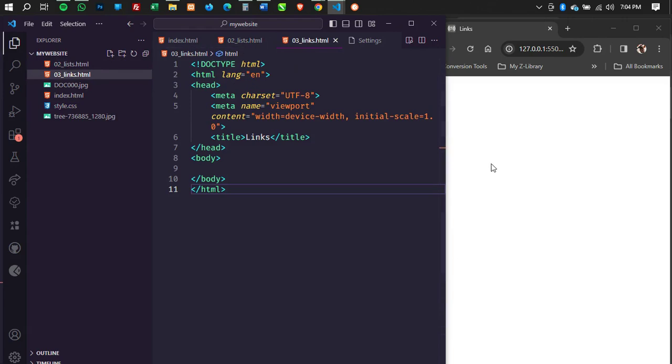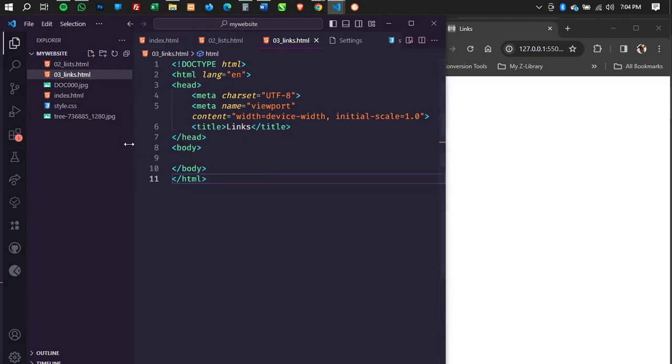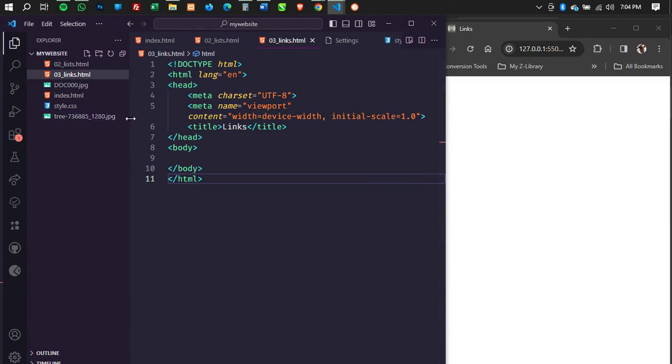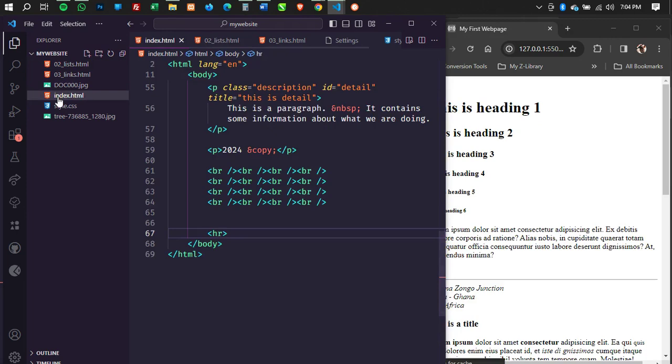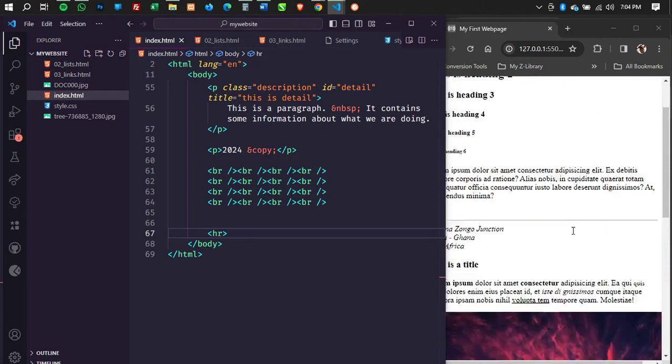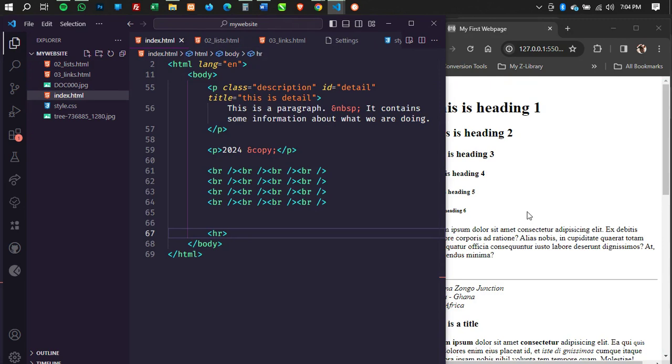If you remember, I did recommend the live server. I asked that you get the live server, and I specifically recommended the Five Server, and there is a reason. If you look at my screen, I'm going to click on number two. When I click on number two, you realize that my browser automatically refreshes and opens that particular page. If I move to the index file, the browser automatically opens that file. That's one of the reasons I prefer the Five Server over the original live server. I don't know if the original live server has recently had that upgrade, but previously it didn't work that way.